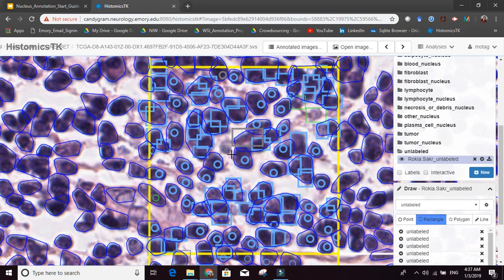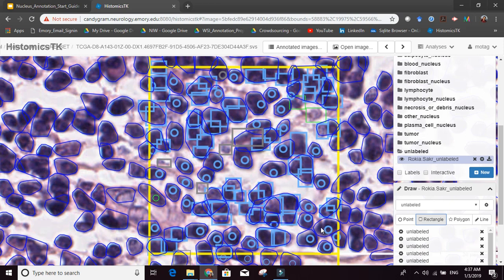I think it's objectively vague. This one is vague. This one is vague. It's not clear what this is. See this one in the background? This one is vague. It's hard to assign this a label. So there you go. That's the full field of view with every single nucleus annotated. Now the nice thing about correcting computer annotations is that a lot of these things we just placed a dot.